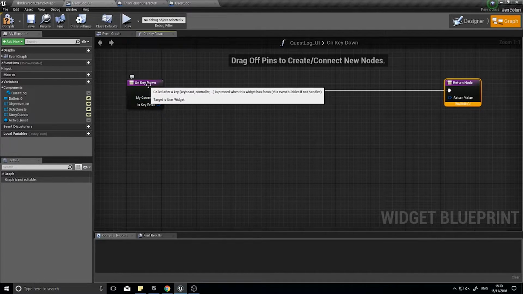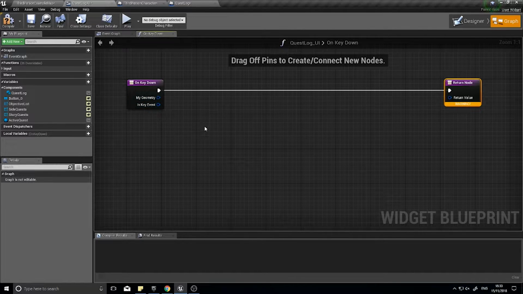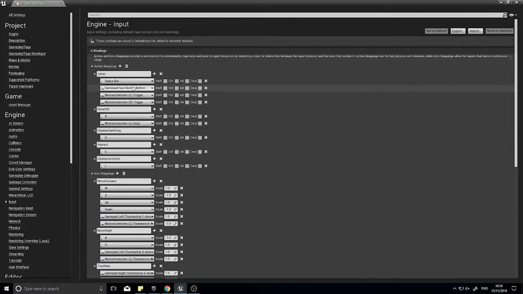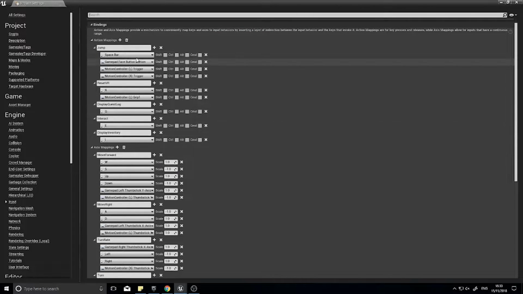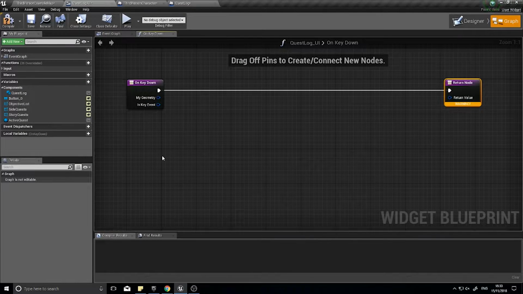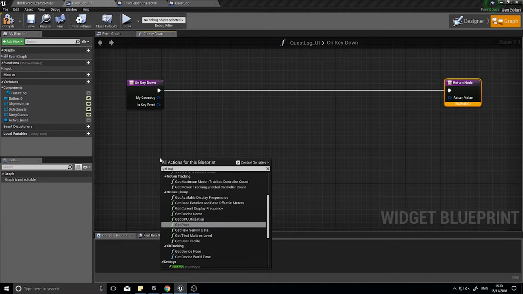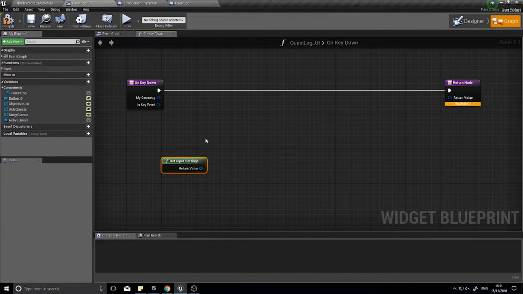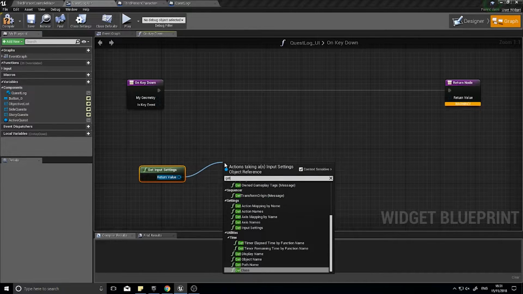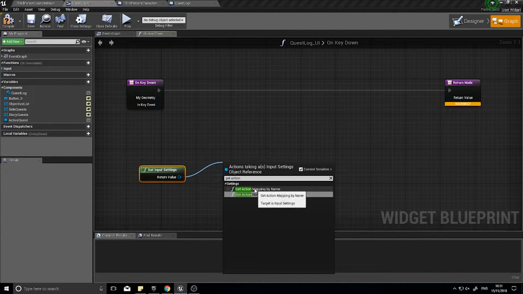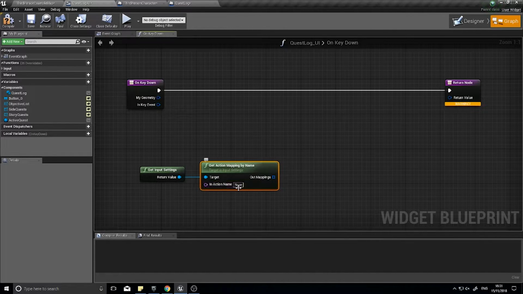So on key down, I'm going to refer to in key event to get the key I want to check, and I'm going to compare that to our input action event. So if I go and show my inputs, and show my action mappings, I'm going to have a look at this and tell it to see if this matches the same key that's being pushed. So we need to first of all get our input settings, and then from there we're going to get the action mapping by name, and here you want to type in the name exactly how it appears of